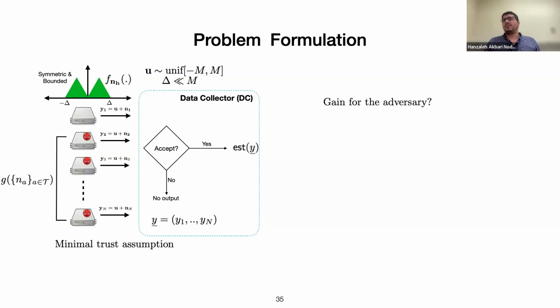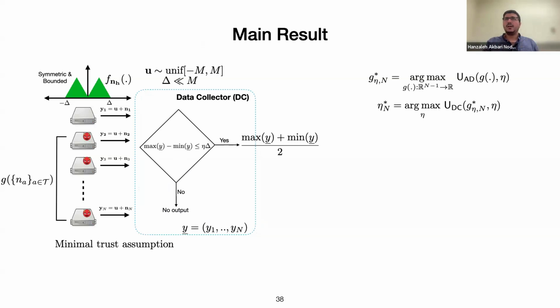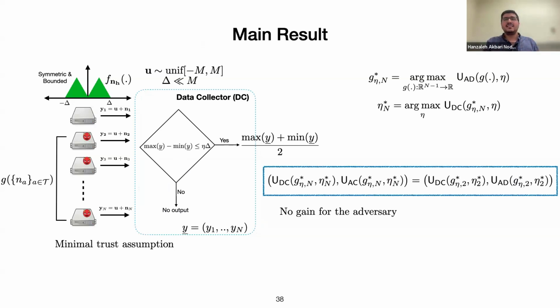So we have another result that is going to be published next week, and even for this case, I'm not going to talk about the details because of the time. We will prove that in this case, there is no gain for the adversary by having access to lots of adversarial nodes, and there is no pain for the data collector. For the adversary, having access to n nodes is similar to having access to just one node. And for the data collector, that's a base case. I mean, the system is kind of Sybil resistant.